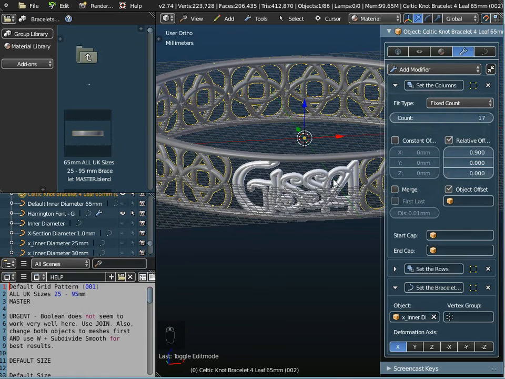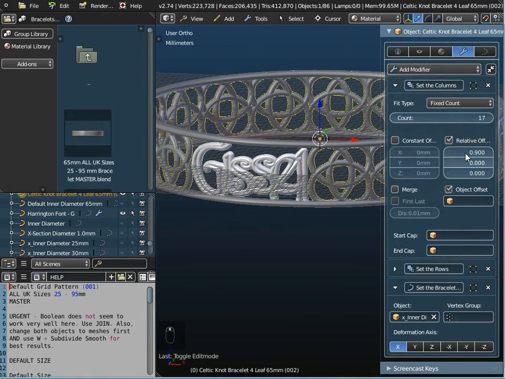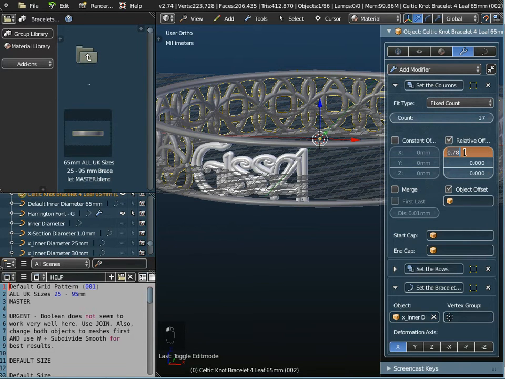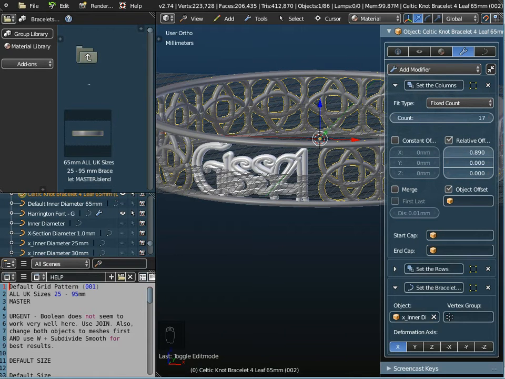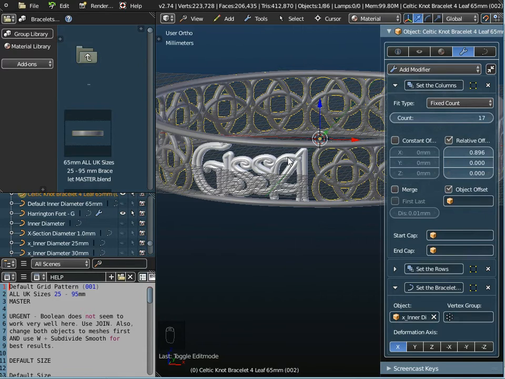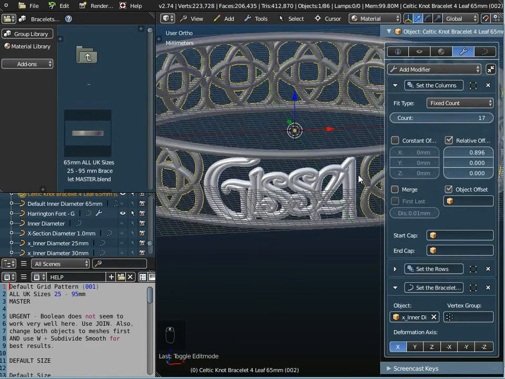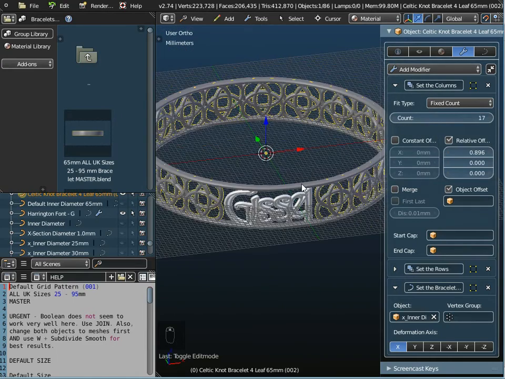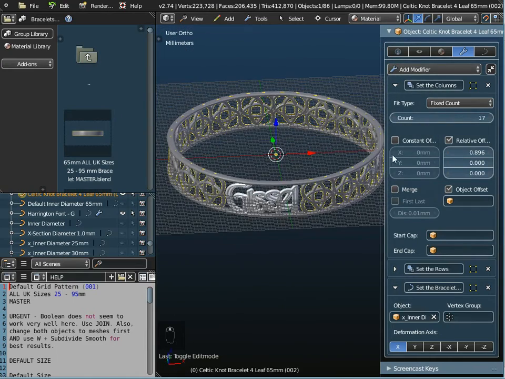Yeah. Now if you wanted to fine tune this a little bit more, you can change the relative offset, so I could perhaps change that down to 0.88. That's probably created too big a gap there, so I could do 0.89. That's probably still not right, so if I do 0.896, as you can see, you can fine tune the gap there and make it even on both sides. Okay, so there's my